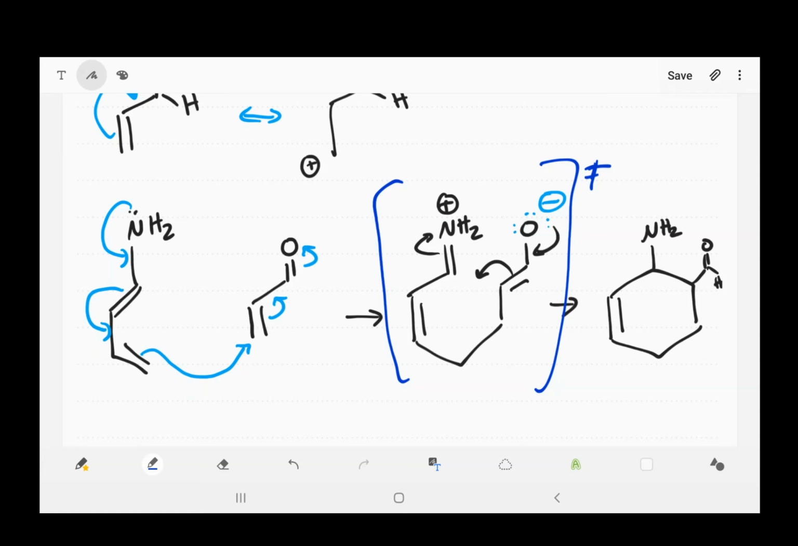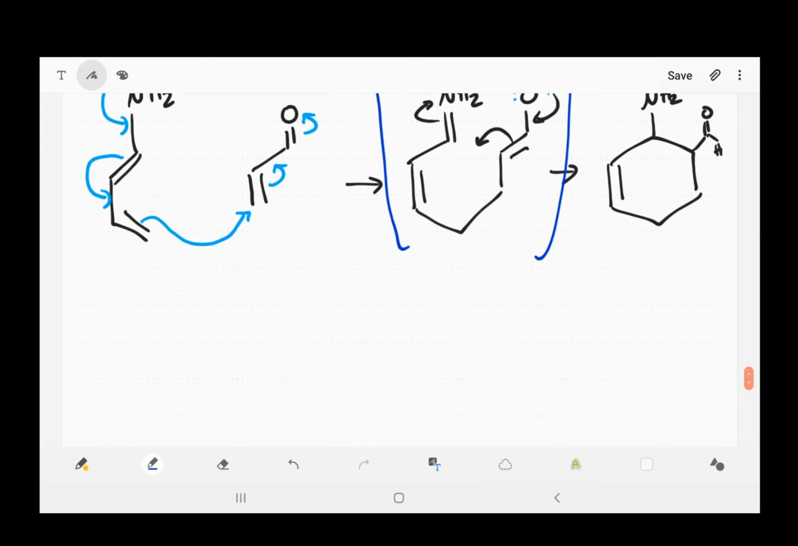If we take a look at the same dienophile, but switch the diene,